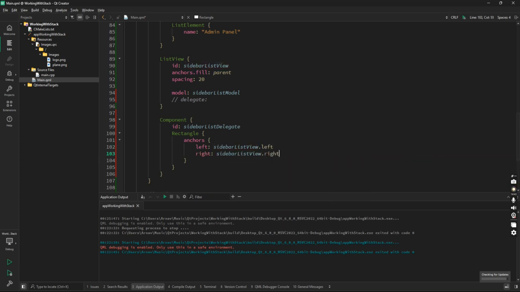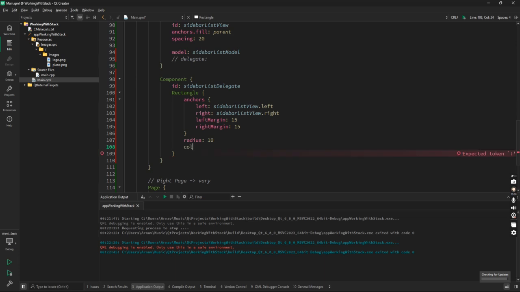Right, sidebar list view dot right, left margin of, let's say, 15, right margin. I hope you're getting what I'm doing, right? I am just adding margin to the left and right for some padding. Okay, so we are done with the rectangle thing. Radius will be, let's say, 10, and for now, let's add a color so that it is at least visible. So we'll add a color of blue and a random text of, let's say,